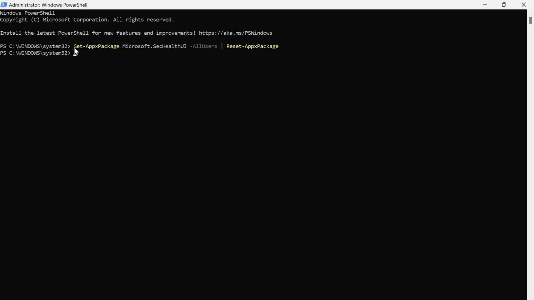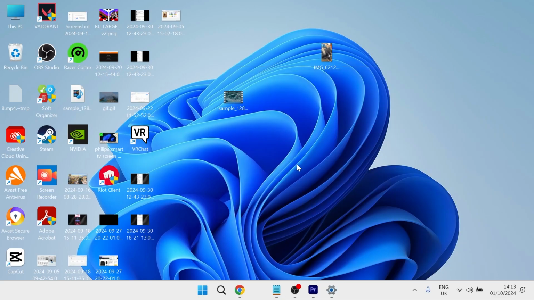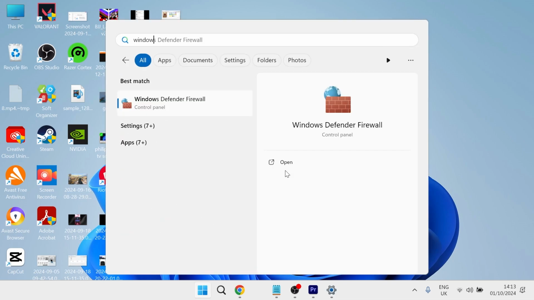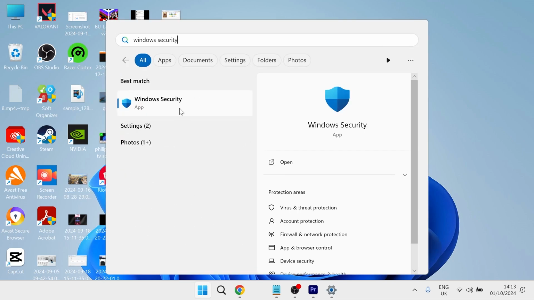Now I'll also leave this in the video description so you guys can come in, copy and paste this command also. And once you've entered this command, you can then close out of this window. Now if that doesn't work for you, the next thing we can do is head back over to the start menu, search for Windows Security, and once you see the Windows Security app here, we just need to click on